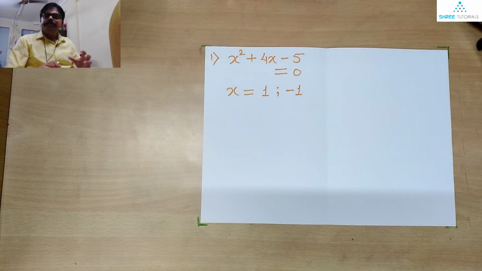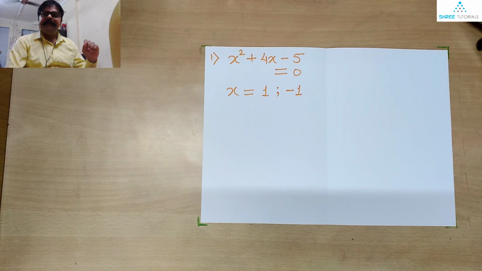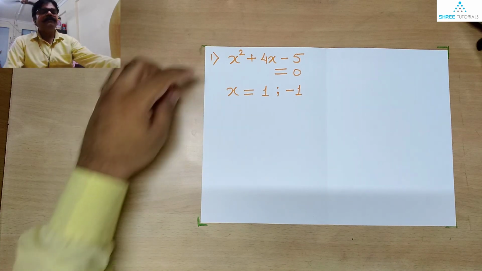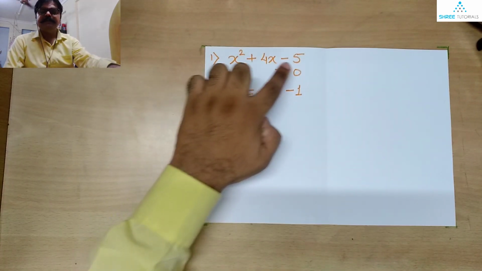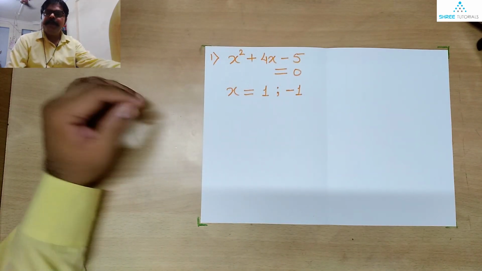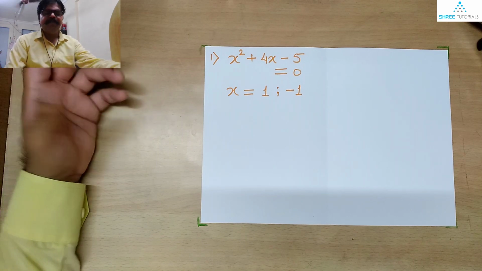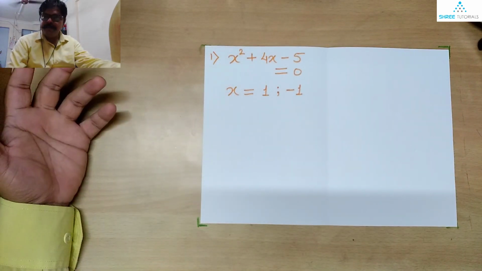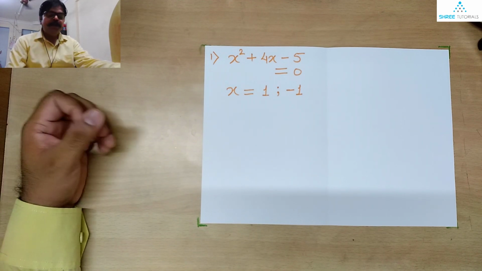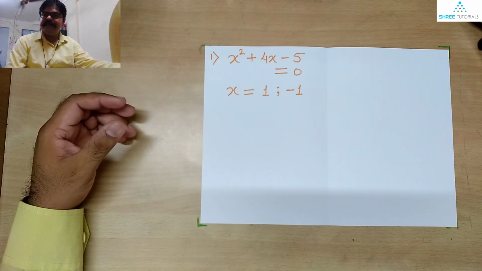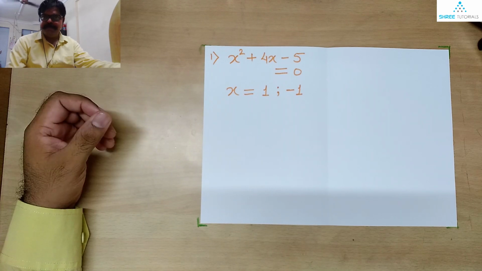Okay, so we are going to solve this problem. In this problem, what exactly are we supposed to do? They have given us an equation x square plus 4x minus 5 is equal to 0, and we are supposed to verify whether one of these or maybe both of them are actually roots of the quadratic equation or not. Now the question arises, how exactly should we go ahead with the same?